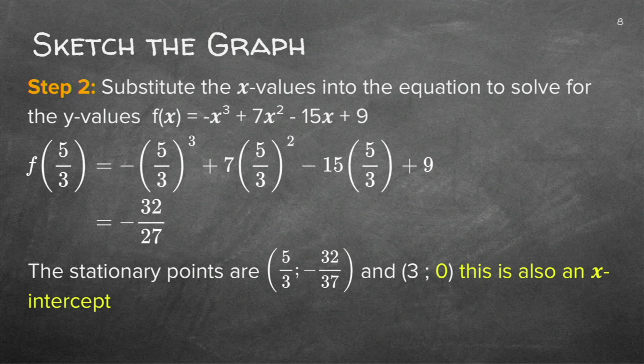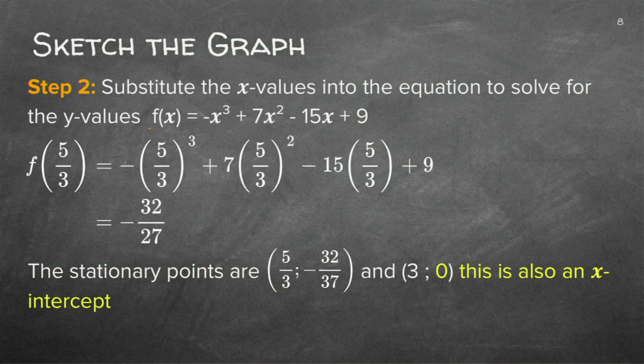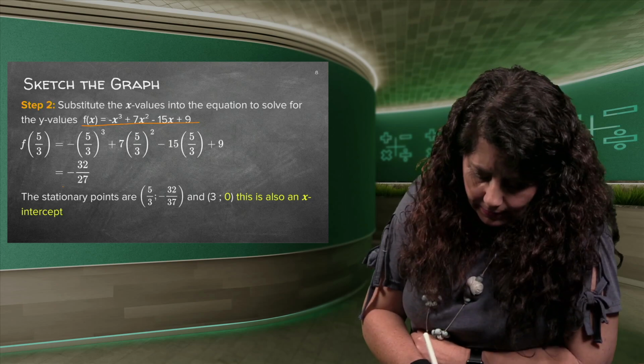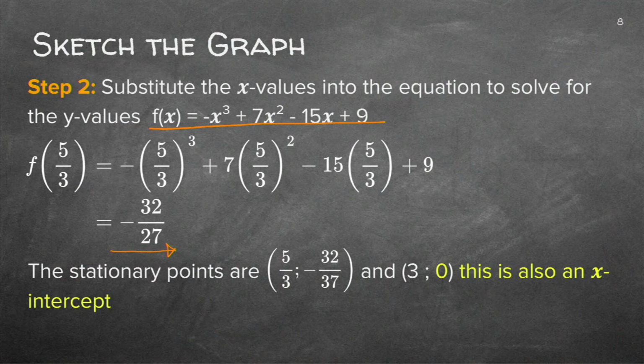Step 2. Substitute the x values into the equation, remember, of f(x) to solve for the y values. So the 5 over 3, we'll fill it in and you can work it out on your calculator. You'll get an answer minus 32 over 27. So the stationary points are where x equals 5 over 3, your y value will be minus 32 over 27. And we can see here that (3, 0) is also an